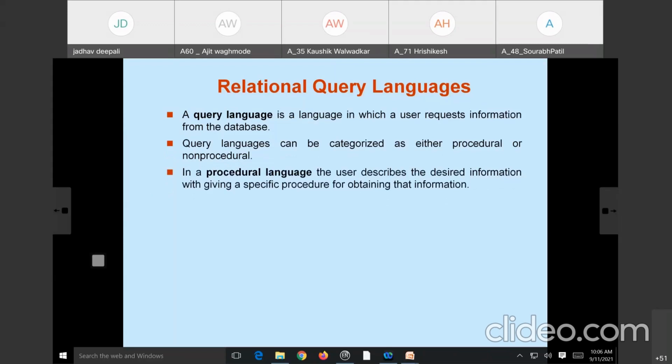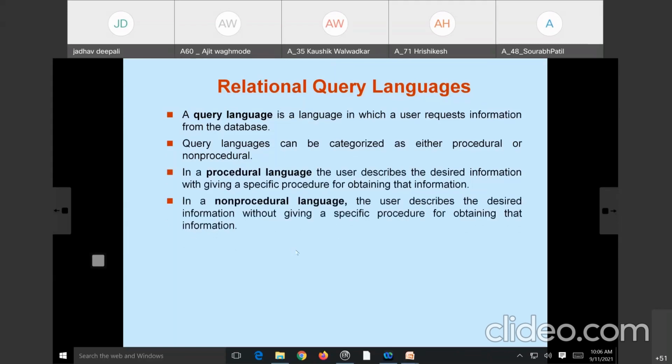And in a non-procedural query language, the user describes the desired information without giving a specific procedure for obtaining that information. So always remember these two definitions.